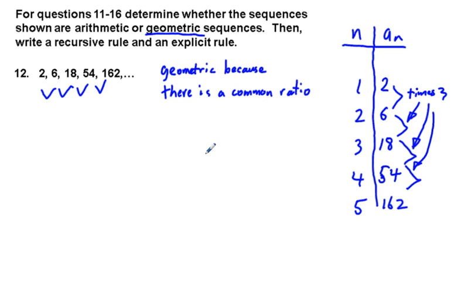Okay, well, so that's that part of it. Now we're going to go for recursive rule. And again, recursive, the start of it is really easy. You just say our first term, a sub 1, equals whatever it is, 2. And then what else? Well, our common ratio is 3, so we'll say